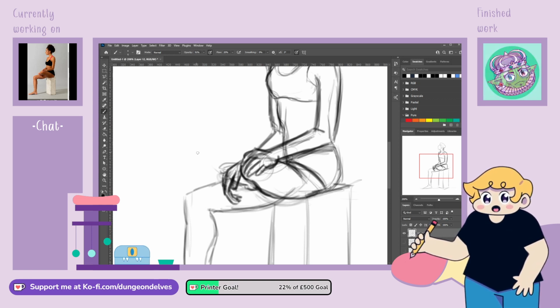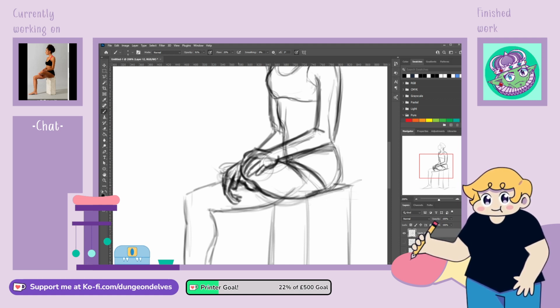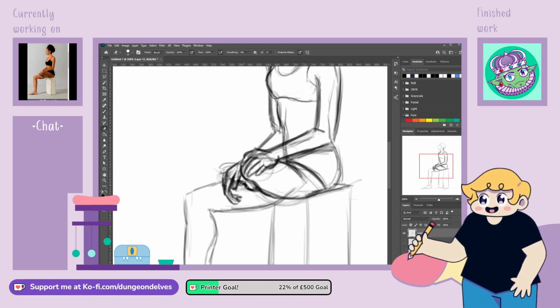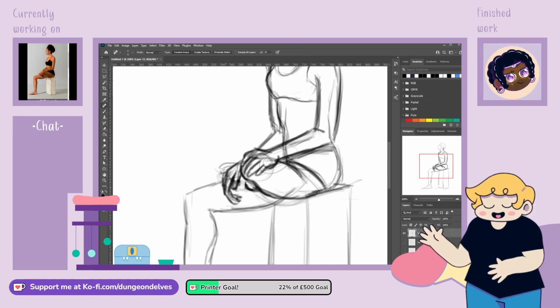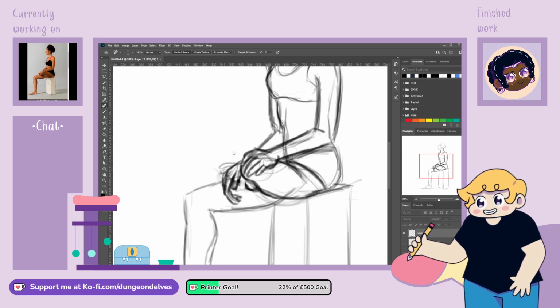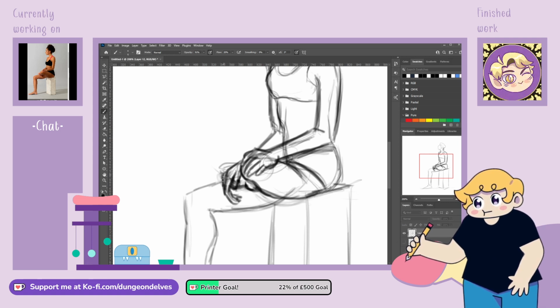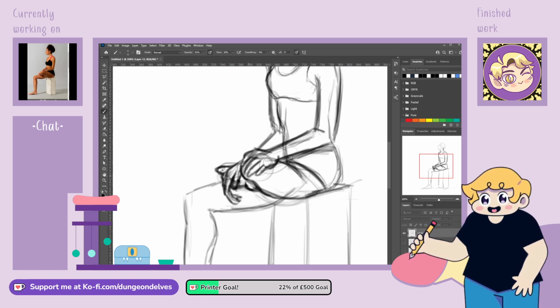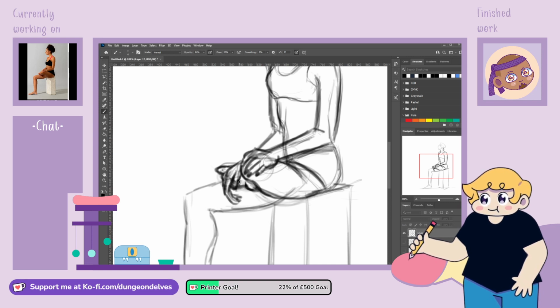We've got the hand in. And we've got calf. That's not quite... No, I don't want to do that. I don't want to commit to that. It's like she's cradling her leg in her hand. So it's actually kind of like here. And then we've got a little toe. And we've got a big toe. Got a big toe here. That's what we can see. And we've got her nails.